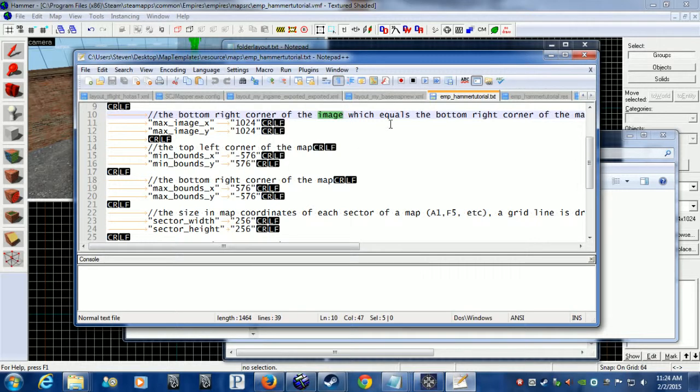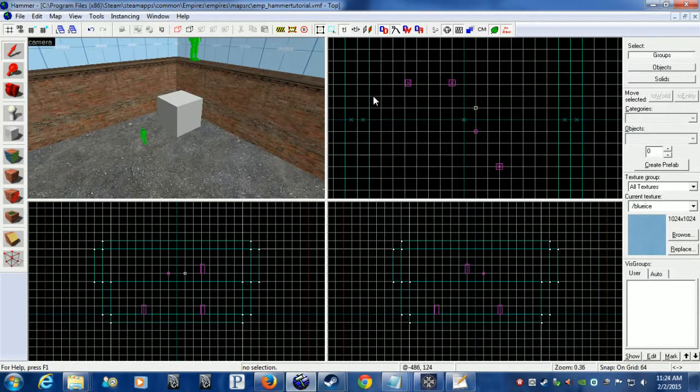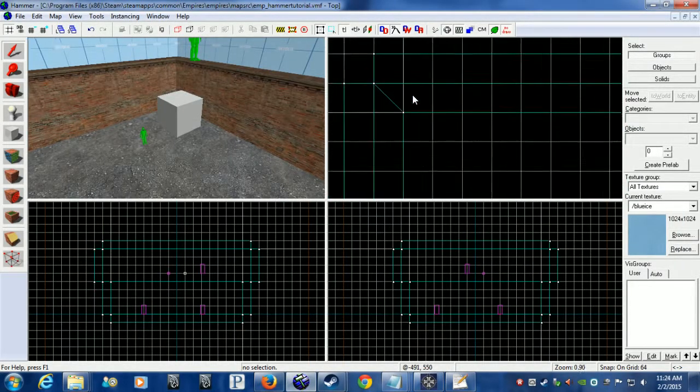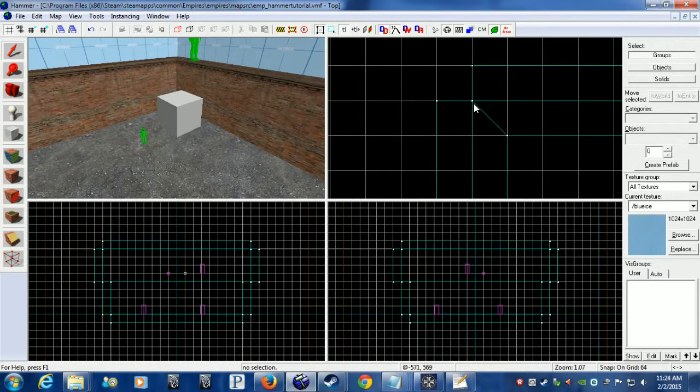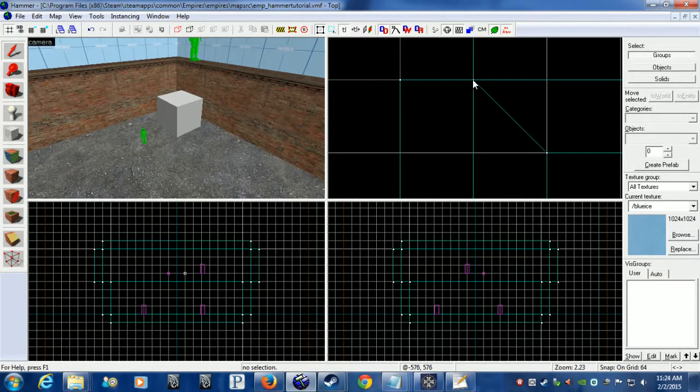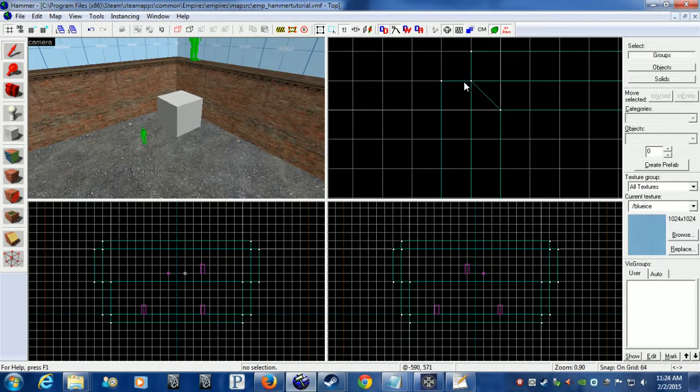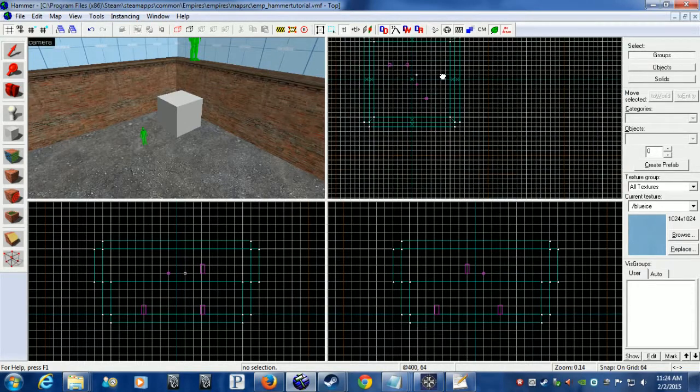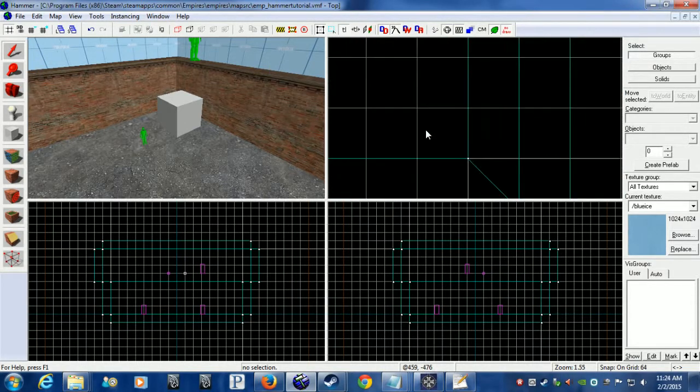How you come up with these, let's go back to Hammer, and we're going to zoom in to here, which is the farthest top left navigable part of your map. And if you'll watch down here, it is -576 by 576, and the reverse, which is the lower right hand corner,